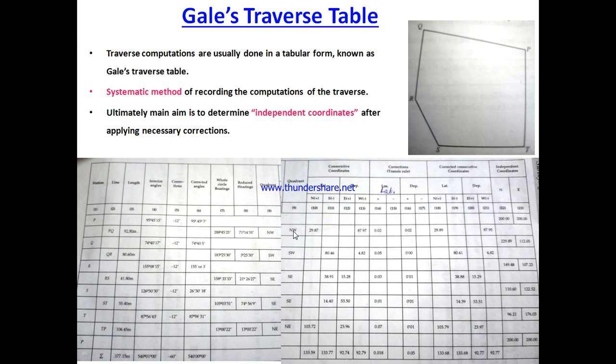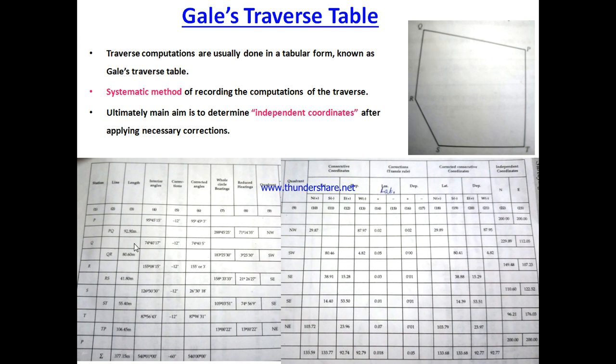So you can see that northwest for line PQ, which is the 4th quadrant, and in the 4th quadrant, as per sign convention, we know the value of latitude should be positive, while the value of departure should be negative. So that's why we have calculated the value L cos theta and kept it in the positive column, while the departure value L sin theta, since it is projecting towards the west coordinate, we have kept in the negative. You can see here. Okay, now the second, for the line QR.